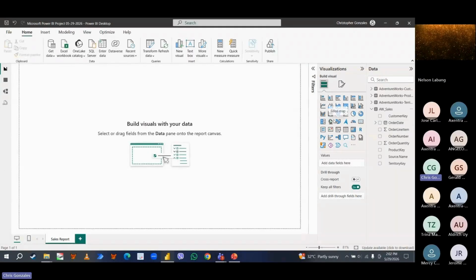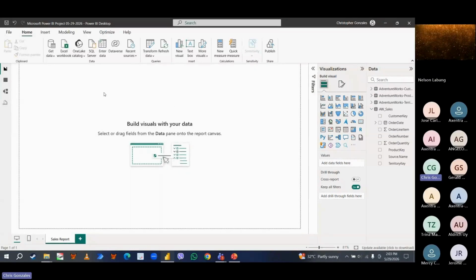In the current version, you can see that there are some visuals with a lightning or thunderbolt icon. Please do not use that. That is a beta version. If you want to see the original set of visuals, you can click the ellipsis button and click restore default visual. Just click restore default visual, then click OK. So you will see an additional set of visuals without the lightning bolt. So that is actually the default visual.